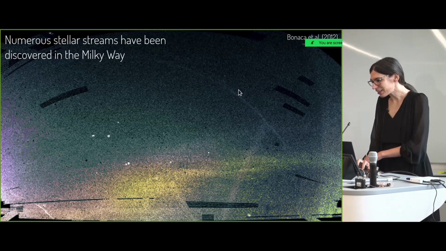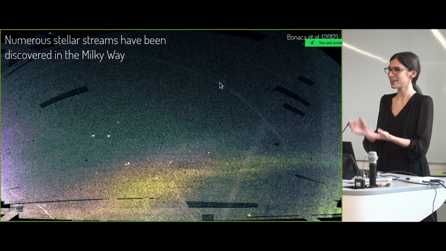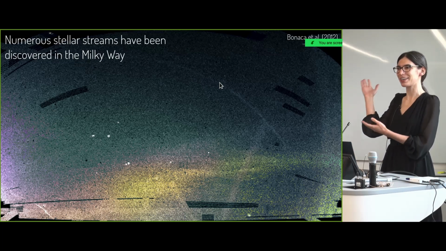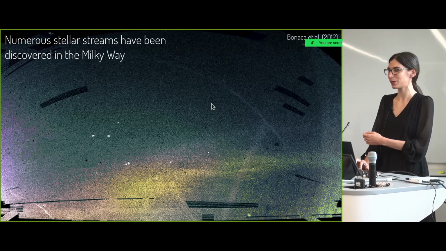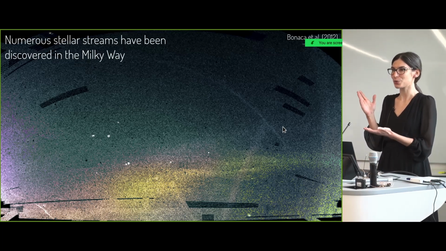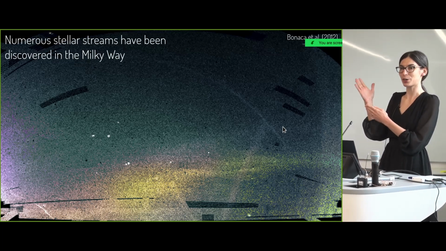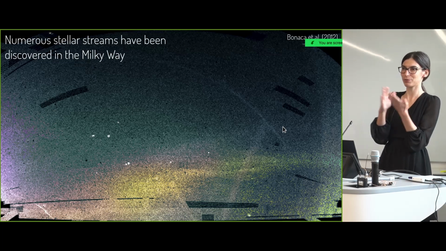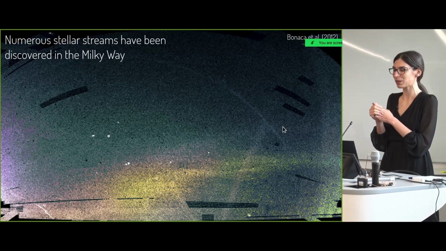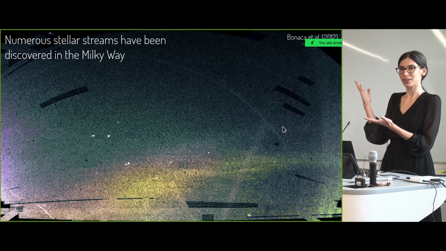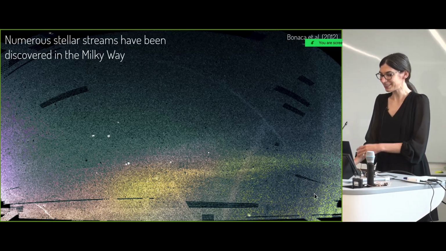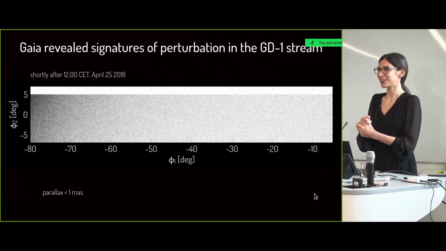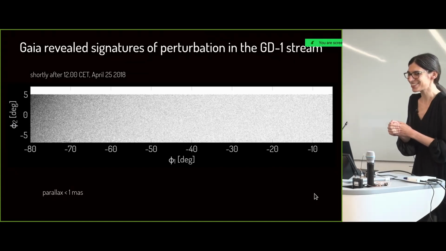When you look at it in detail, you might see some parts that are denser than the others, but it's actually really hard to tell, and it's not just the projector; it's an actual limitation of the data. We only had colors of stars to determine whether a star was a member of the stream or a member of the field population of the Milky Way. It was hard to tell what the origin of this density variation is. But this is where Gaia really changed a lot.